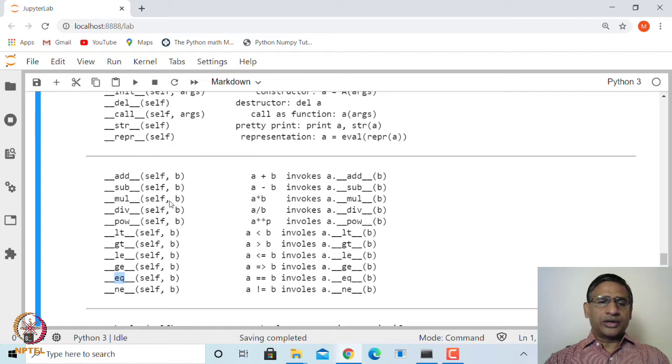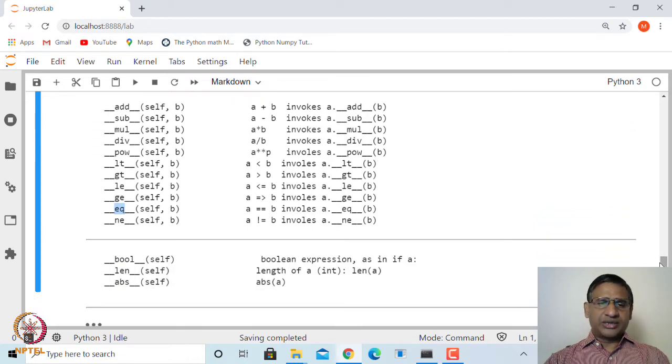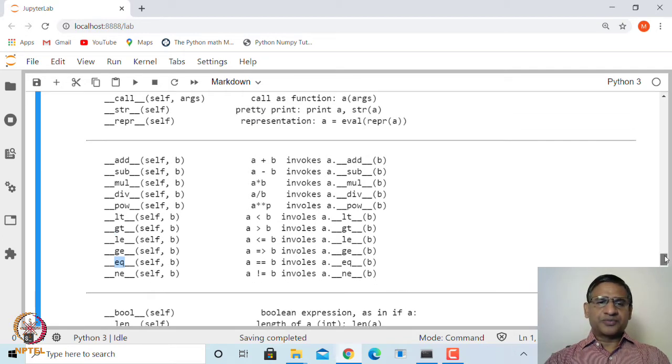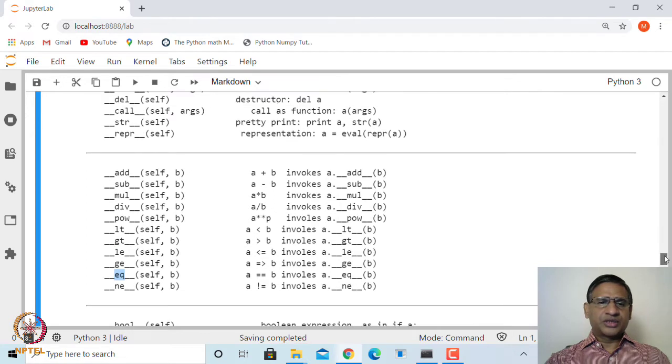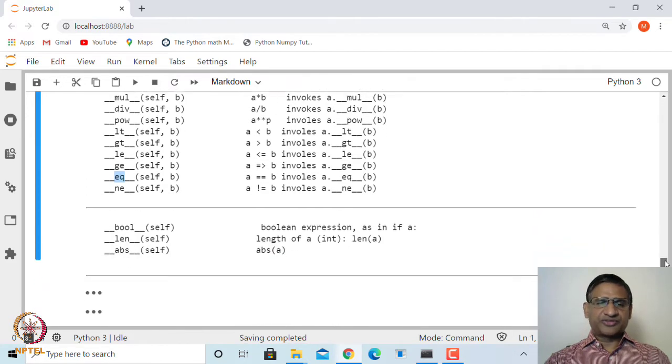These are default methods, and there are many more actually. There is one called bool, a boolean expression, and len for length, and then you have abs for absolute value. These are some default methods; there are many more, but these are very commonly used special methods.